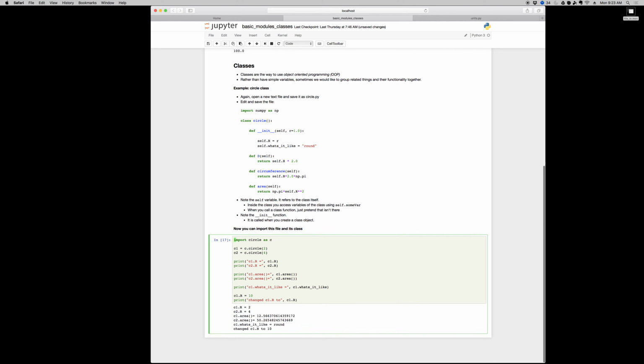Classes are a lot more involved, but also very useful, and we've been using them quite a lot. Classes are the way that programming languages implement object-oriented programming. And rather than having really simple variables, where everything is sort of on the same playing field, it's not uncommon to want to group things together based on their functionality. Suppose I have an object called a car, it's obvious that the car has properties and functionality that are specific to it. So we might have car dot gas tank size,